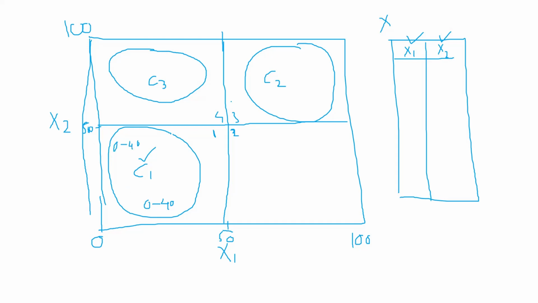Okay, then what about c2? I want to place it in the third quadrant. So I will keep its x1 score between 60 to 90, by ensuring that the points will lie in this quadrant. Similarly